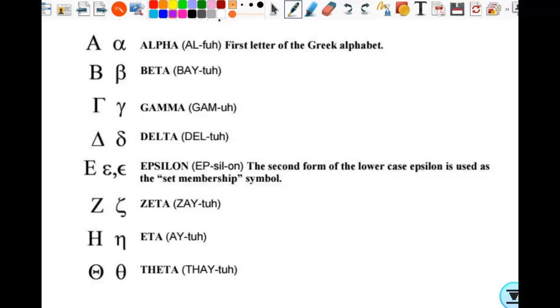So alpha and omega, the beginning and the end. It's like A and Z of the Greek alphabet. Beta, you probably have seen that before. It looks like a capital B. These are just like A and B, but then this looks like a funky B. Gamma, there's gamma rays. Delta, I'm sure you should be familiar with the capital delta. What does that mean? Change, very good. You probably didn't even know there was a lowercase or that was the capital. Then epsilon, there are 2 different ways to do the lowercase. Zeta, eta, theta.